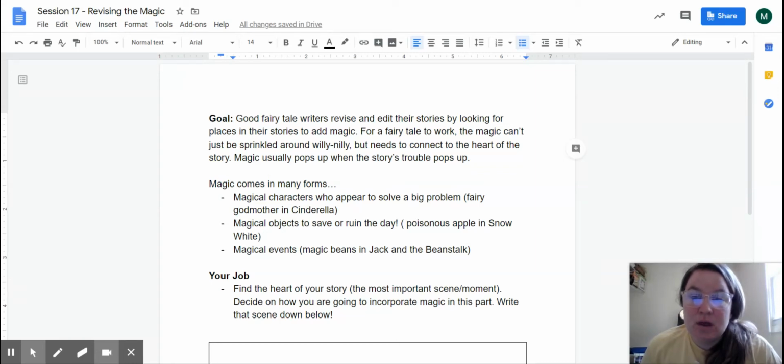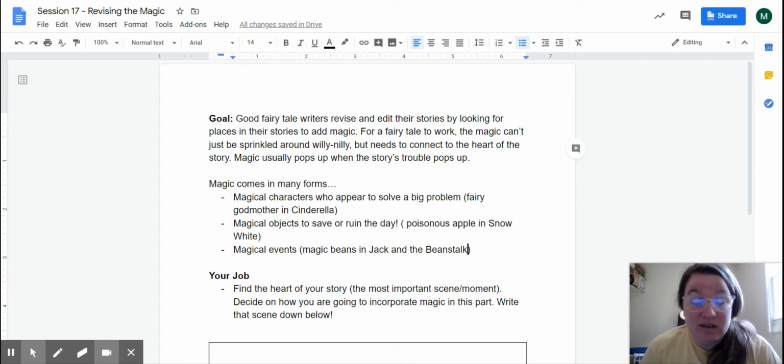Okay, right. Lesson 17, detail writing. We will be focusing on the magical element in fairy tales. So today, the goal is for fairy tale writers to revise and edit their stories, looking for places in their story to